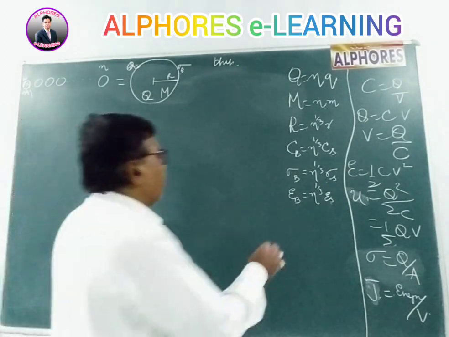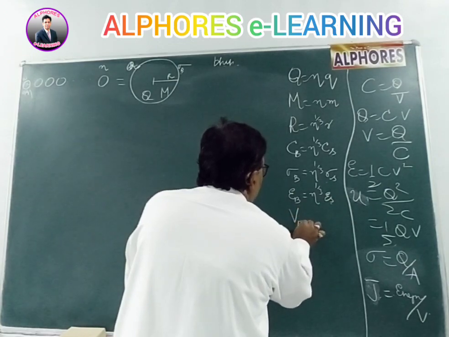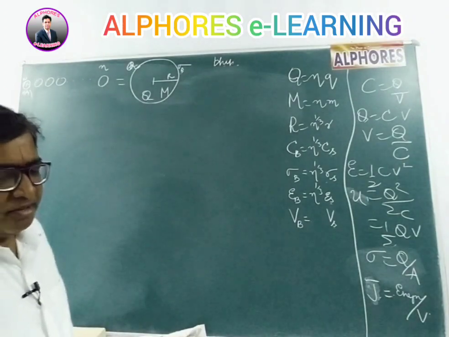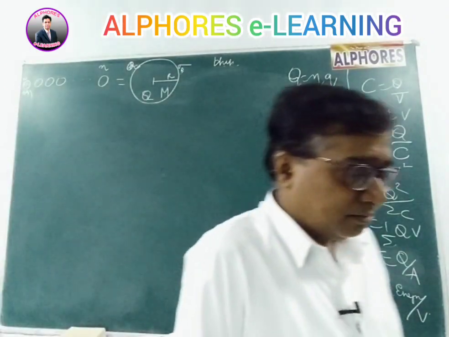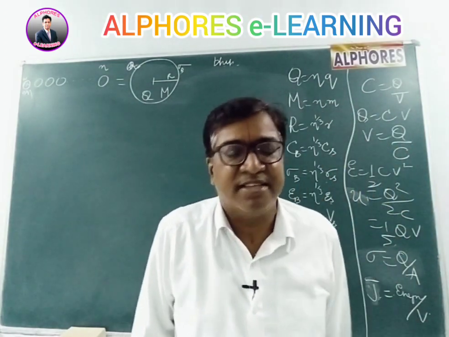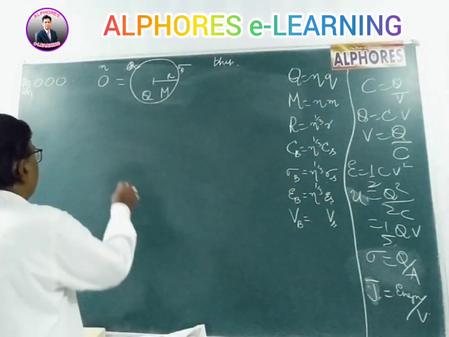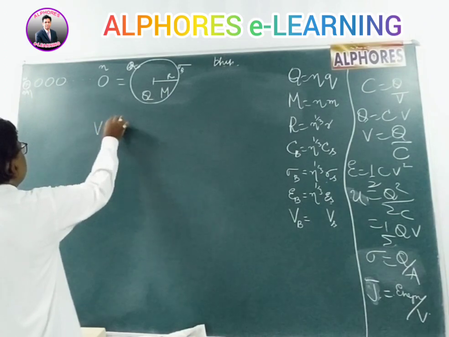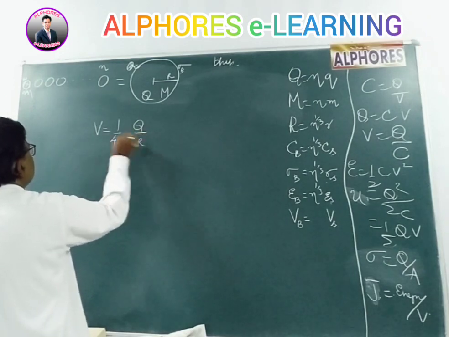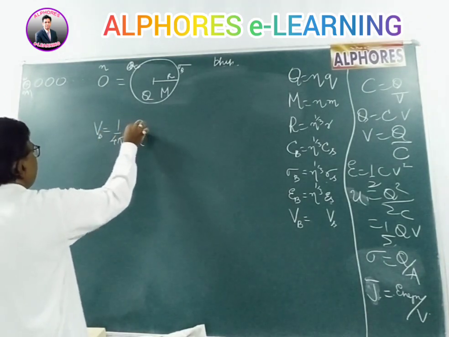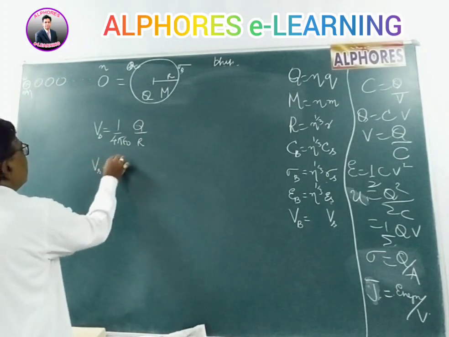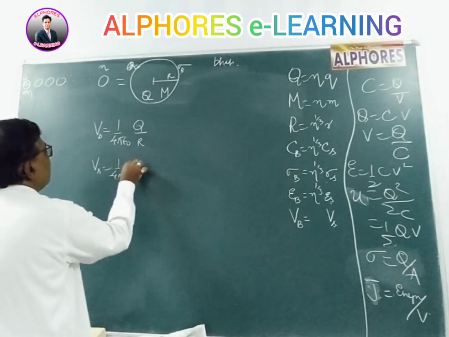Well, next, talking about the electric potential: potential of the big with respect to potential of the small. You see, I was telling you in the earlier chapter, in the earlier classes, about the potential of a liquid drop. We know the potential on the surface of a liquid drop. I have derived a formula that V is equal to 1 by 4 pi epsilon naught Q by R. Suppose I take the bigger drop, it's the charge of the bigger one by the radius of the bigger one. Similarly, for the smaller drop, it's 1 by 4 pi epsilon naught small q by small r.